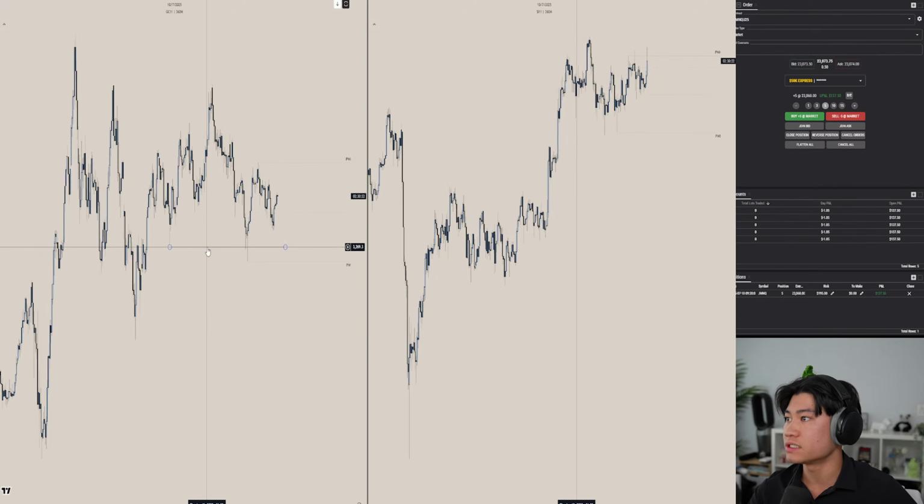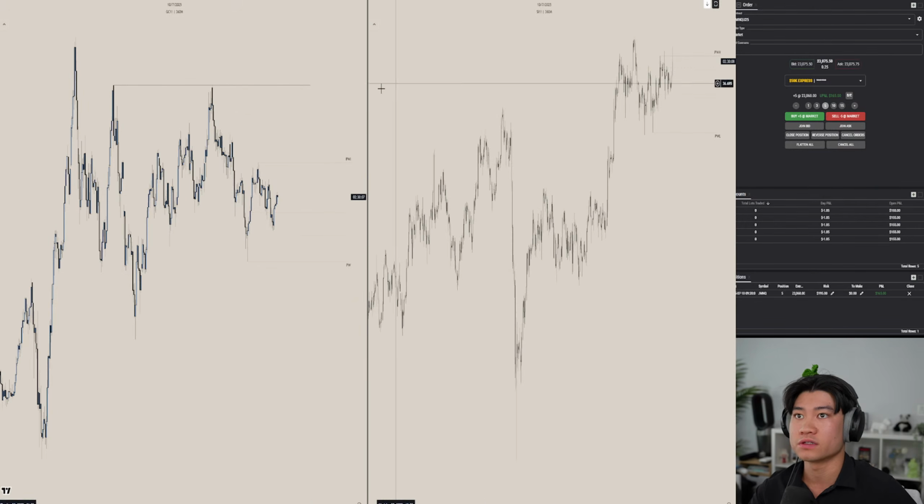Analysis on gold is still the same for those that are wondering. I know someone's going to ask me about gold. I'm very confident someone's going to ask me about gold. Analysis is still the same. I'm still looking for buy side liquidity because of these equal highs. So I think that's my draw on liquidity as of right now for gold, for those that are wondering.